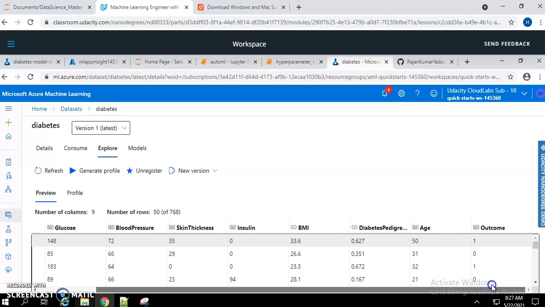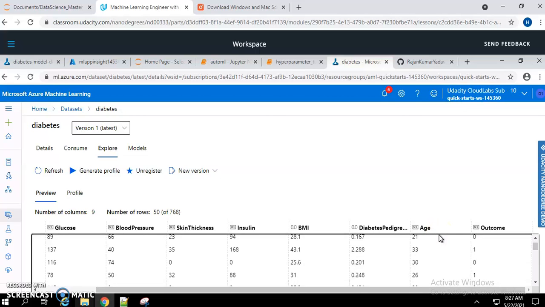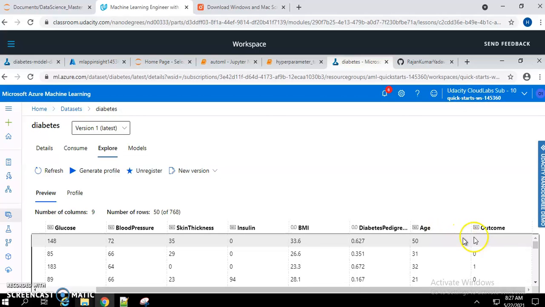In this particular use case, we have to make a classification model whose outcome is either 1 or 0. So basically this is a case of binary classification, in which 0 falls under non-diabetic condition and 1 falls under diabetic condition, based on these medical histories.